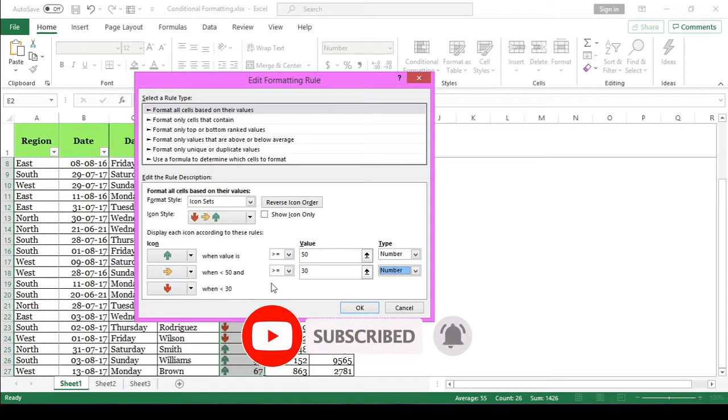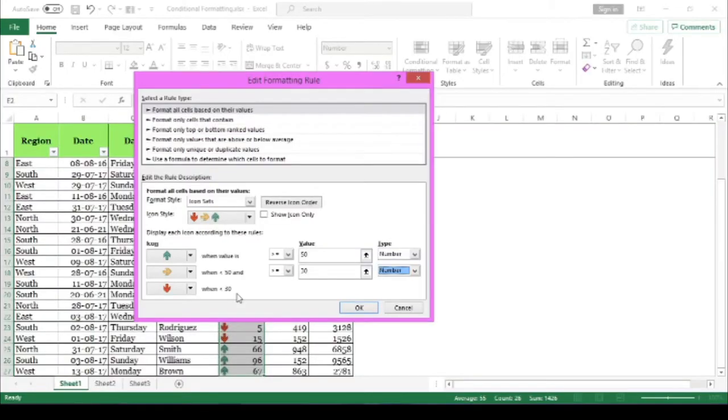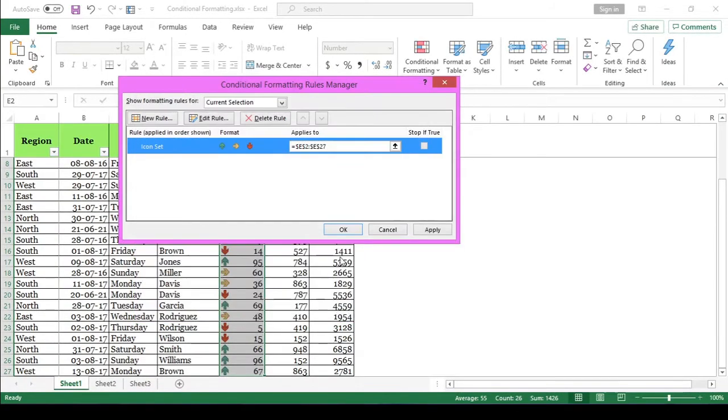A horizontal yellow arrow when the cell value is less than 50 and greater than or equal to 30. The last condition is if the cell value is less than 30, then a red downward arrow. Click OK. We are back in the Conditional Formatting Rules Manager. Click Apply, then click OK to complete the job.